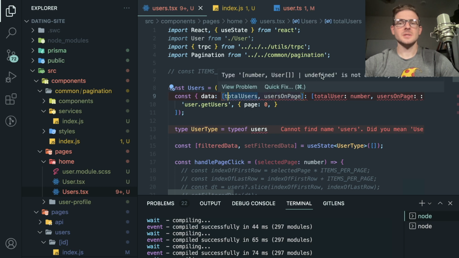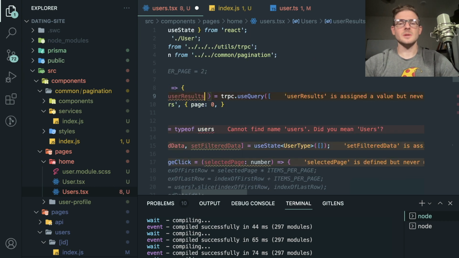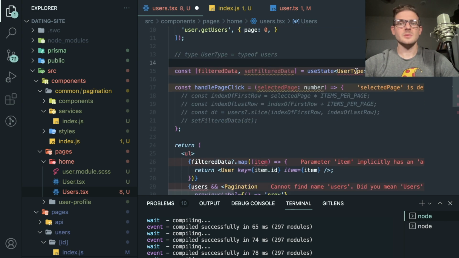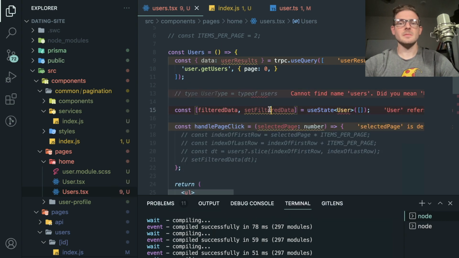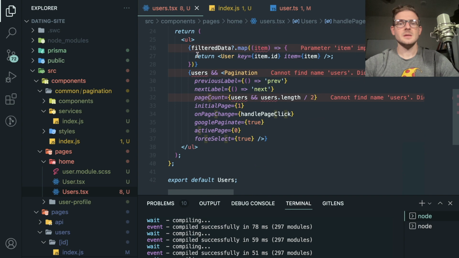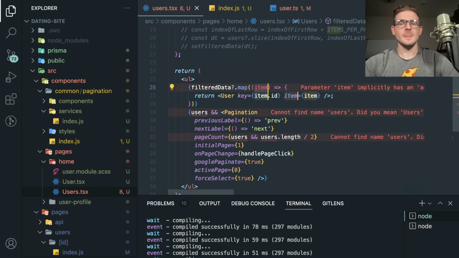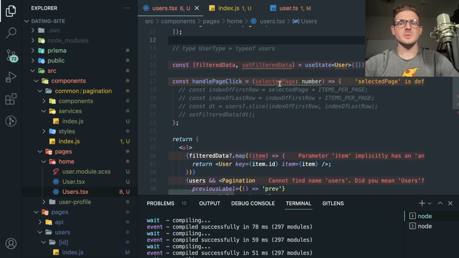I think also since this could potentially be undefined, maybe doing something like this would not be good. So I'm going to just go ahead and rename this like user results. And probably safer to not do what I'm doing, to be honest. But let me get rid of that user types. I mean, I think it should just be user. I don't know if we need this type of thing. But let us just keep playing around with this. Filter data item. At this point, I guess what I'm trying to do is like,